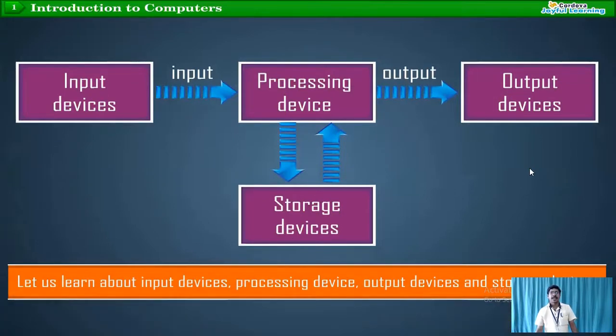Now see this diagram. First, input devices will give the input to your computer, and in that CPU box, CPU is there. It is the processing device. It will process that input data or the data available on the hard disk drive, that is storage devices. It will process and it will give the output on the output devices. For example, it will display the result on the monitor. It will give the audio songs. If you are playing the audio song from the hard disk drive, it will give the output on your speaker.